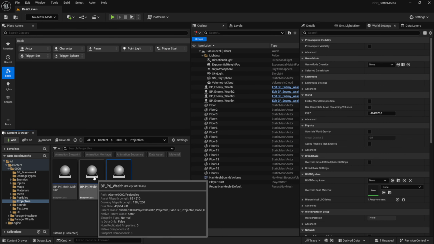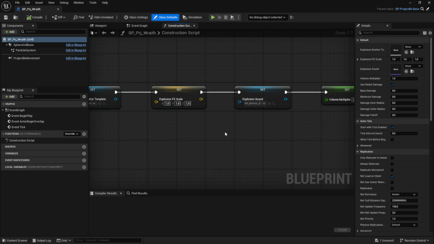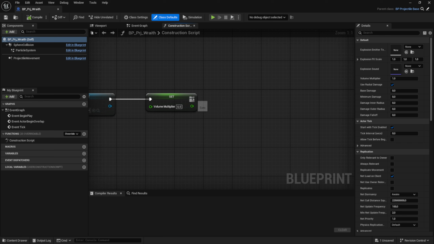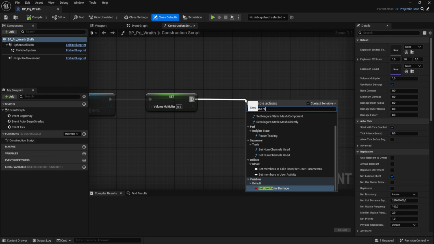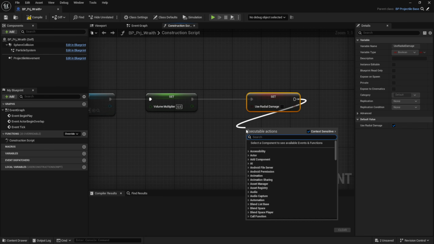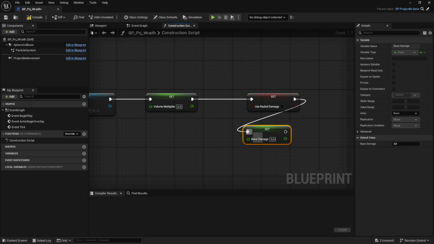And now we want to open our write or rate projectile. And inside of the construction script, we're going to set up these variables again. So first of all, drag off the end, and we're going to set use radial damage. And this should be false by default, but let's make sure we set it so we know it's working correctly. So we're going to set it to false. Then we need to set our base damage. So set base damage. And for this one, I'm going to say a base damage of 3,